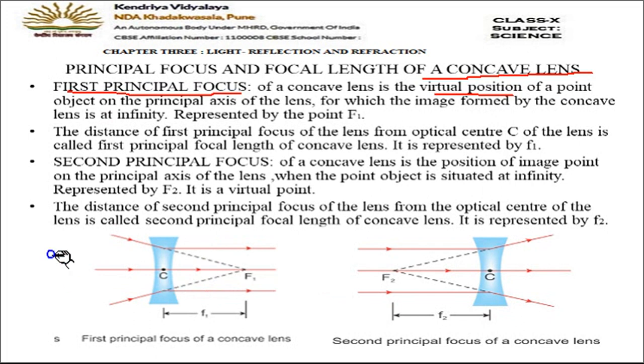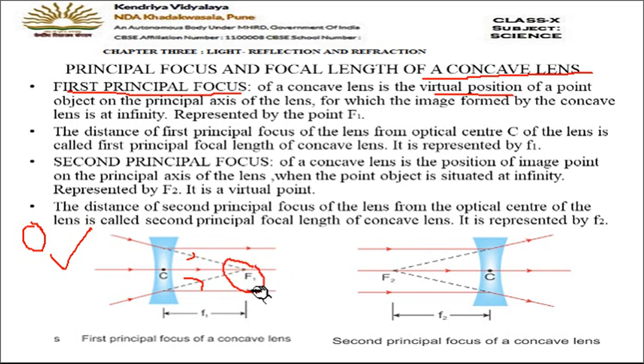Fine. So in the first diagram you can see that some rays are coming obliquely on the lens, and after getting refracted through the lens they become parallel. So that means these rays are coming from the object which is kept somewhere at infinity, right? But we cannot show it right now here. But if you back extend these incident rays, you will find that they appear to be coming from a point. They appear as if they are coming from this point f.